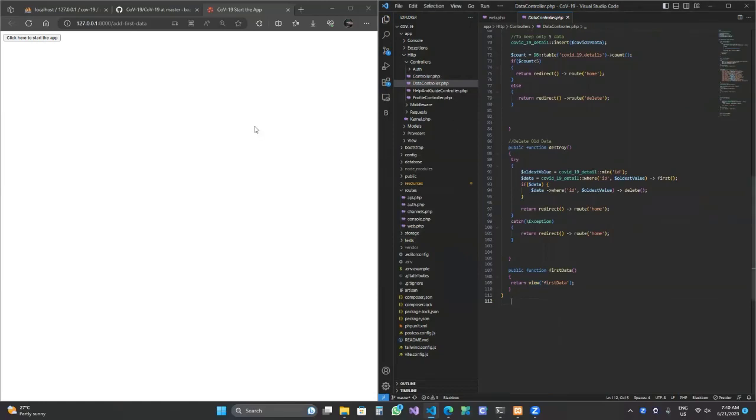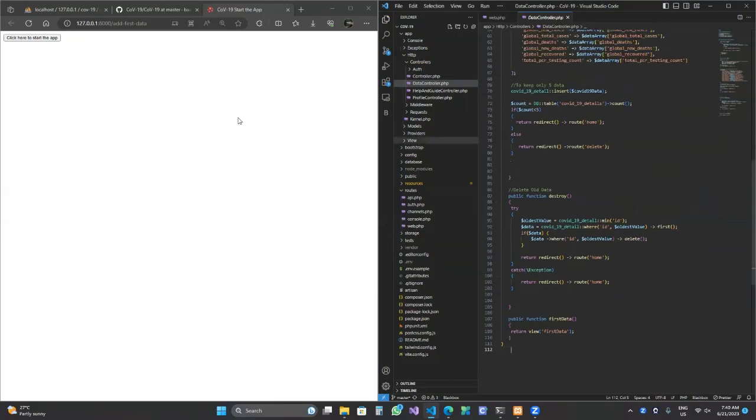If you don't have any data in your database, this app will redirect to this page, get data from the API, and add the first data to the database, because we are using the database to retrieve the data. If we don't have data, this can cause an error. So if we click this link,